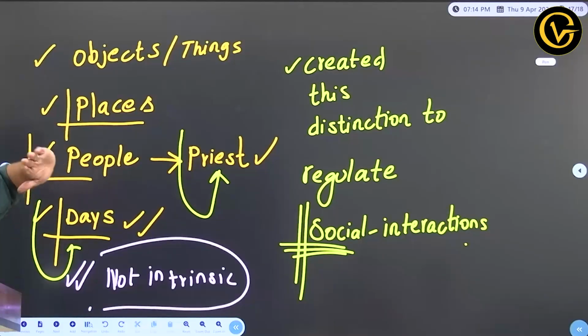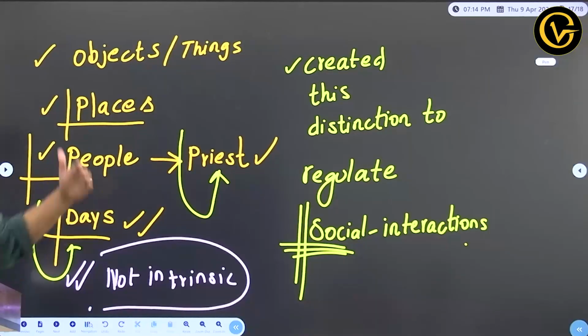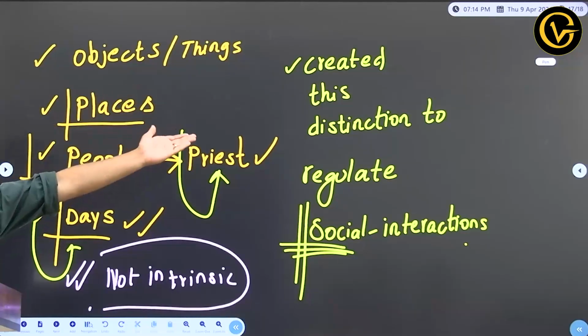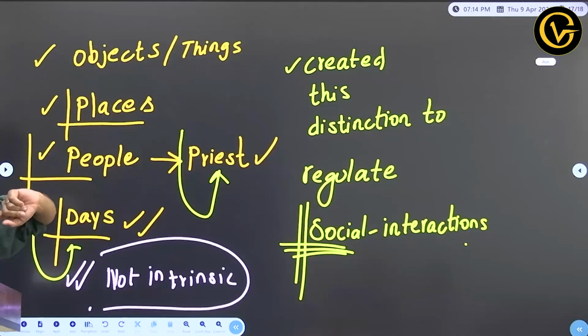Okay? There is a lot of misuse of the sacredness that we will talk about in the regular class. Because in the name of sacredness, some people are called sacred, and untouchability is perpetuated for thousands of years. Though social interactions are regulated, it is in a negative way. You got my point? So this is one of the fascinating concepts. We will discuss more about this in the regular class.